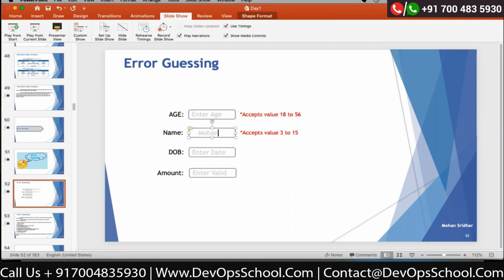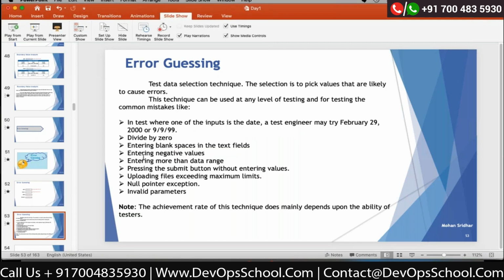It will store in the system with the spaces only, and some of the applications they will trim these spaces before and after our name. It will trim if there are spaces. It will store it in the database. Because that is also important. And with the spaces, it should treat as a blank, empty name. So this we also have to cover in error guessing. We can test these kind of things.